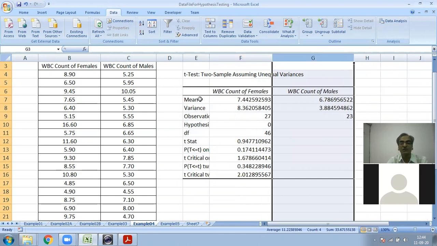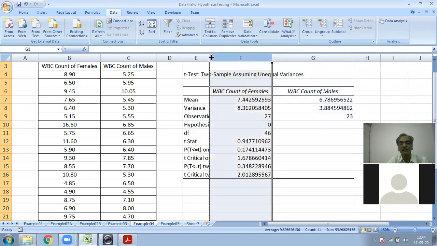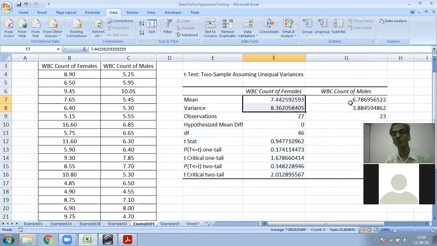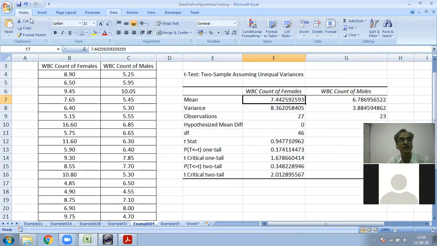As usual, there are various columns. The first column is about the summary measures, the second column is about the first variable, and the third column is about the second variable. It gives you the mean and variance for both samples. This is the mean for the first sample, that is, the mean WBC count for the female. This is the mean WBC count for the male.